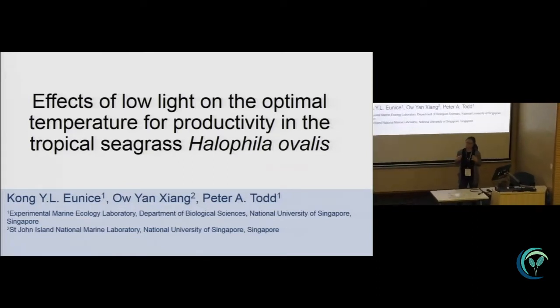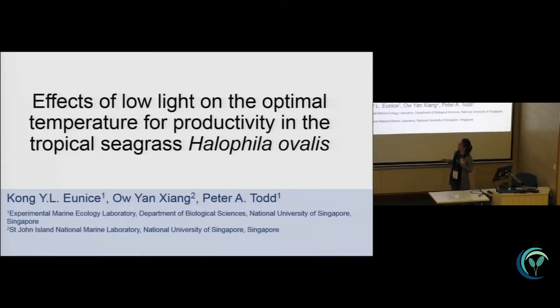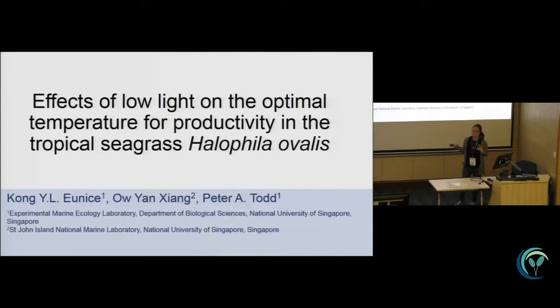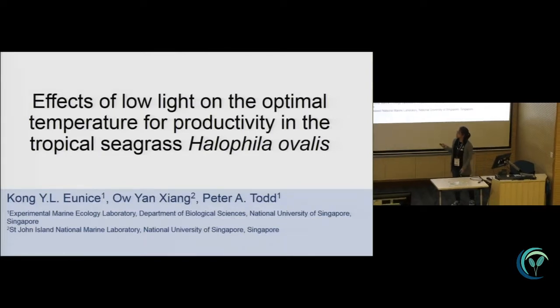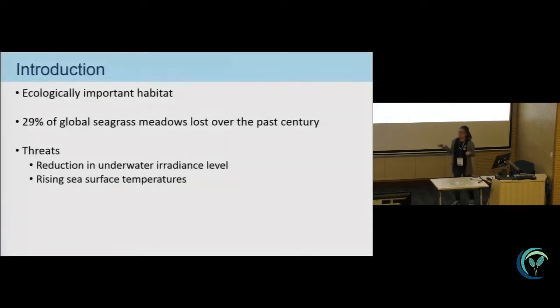So I'm Eunice and today I'll be talking about the effects of low light on the optimal temperature for productivity in Halophila ovalis. As we know very well, seagrasses are extremely important habitats as they provide a range of ecosystem services, and unfortunately 29% of the global seagrass meadows had disappeared worldwide over the past centuries, and major threats include reduction in underwater irradiance levels probably due to coastal development works as well as rising sea surface temperatures associated